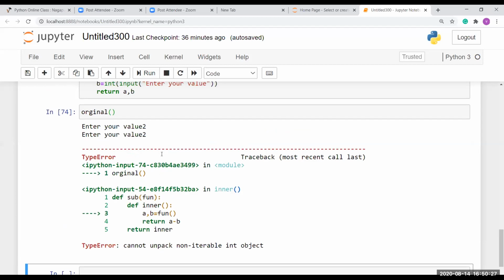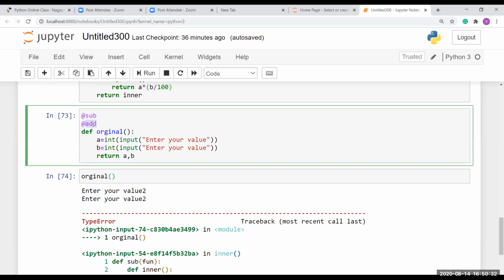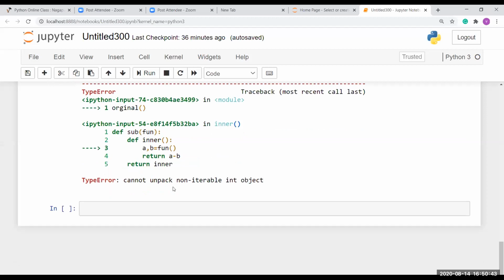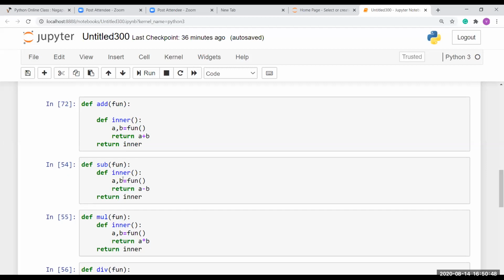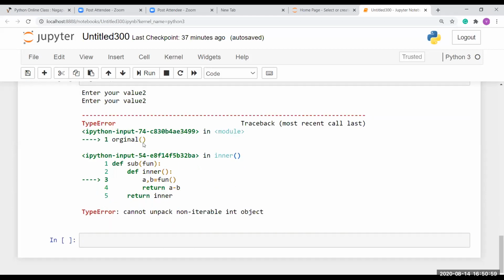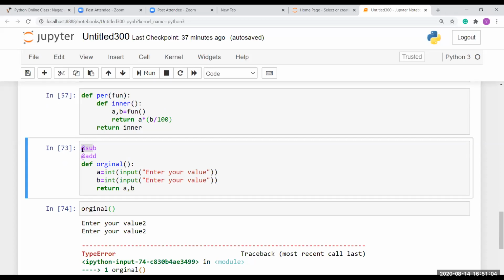The reason is, here we are using add and subtract both, right? So the add returns a single value. That's why the subtract decorator shows it won't unpack, because here it has only one value, since we already applied the add decorator. So it returns only one value, that is 4.